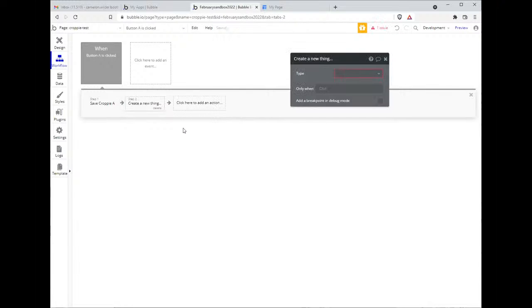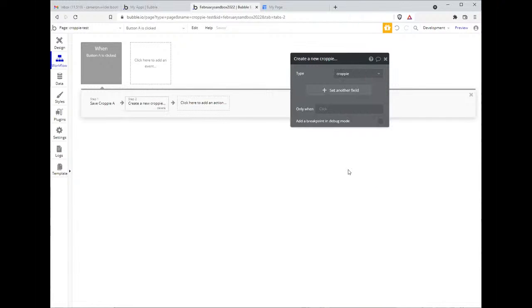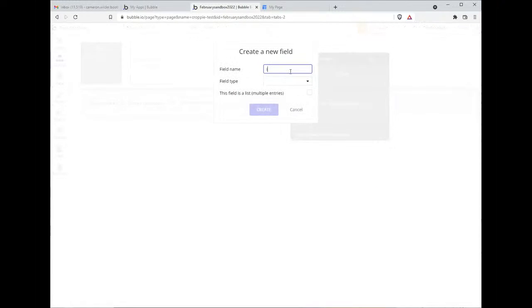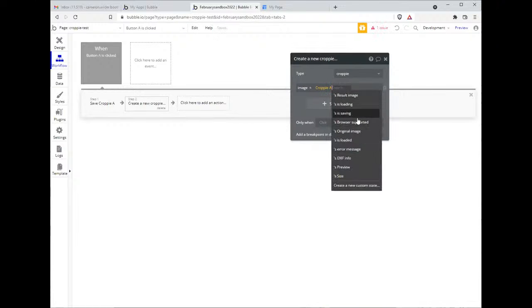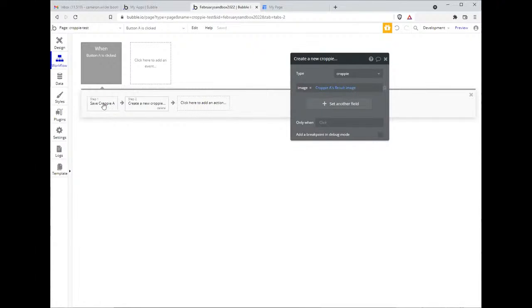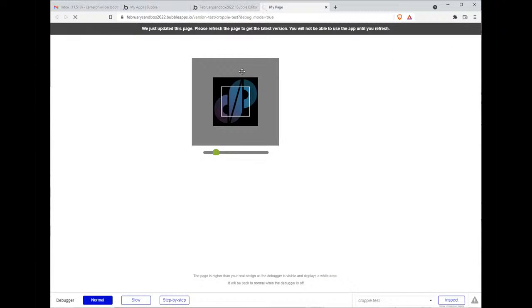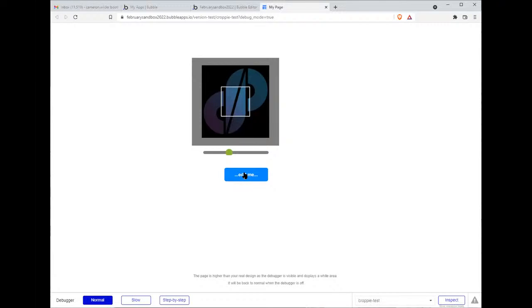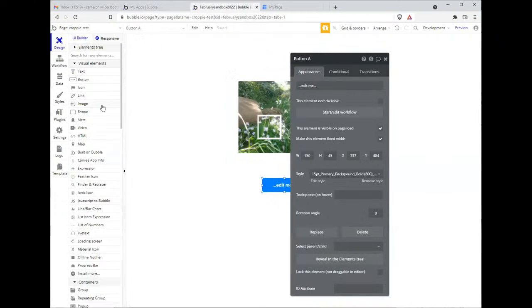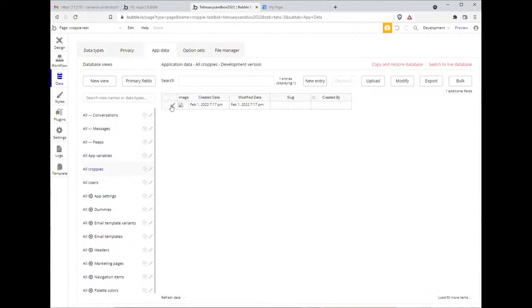So we'll create a new thing and we'll call this, this will be an image, I would believe. Probably result image. So they'd be given control. They'd be like, hey, that's fine, we'll go ahead and click that. It saves it. And then in our app data, if we go to Croppie and then look at this image,